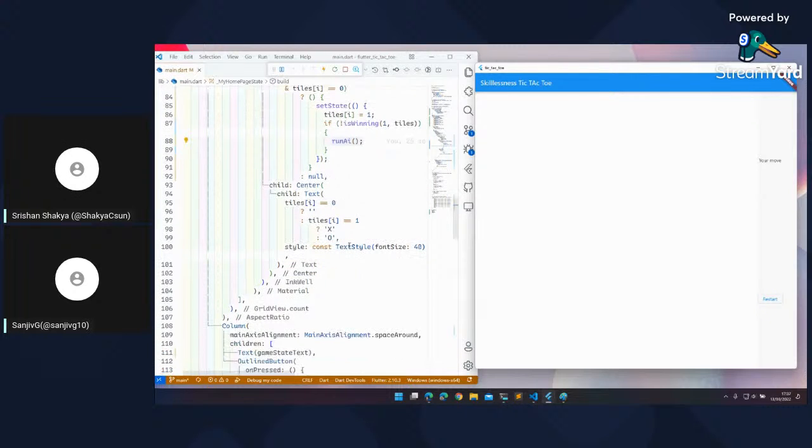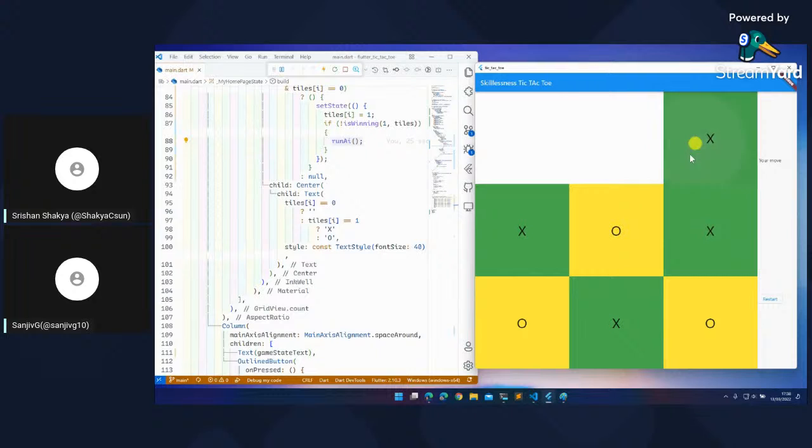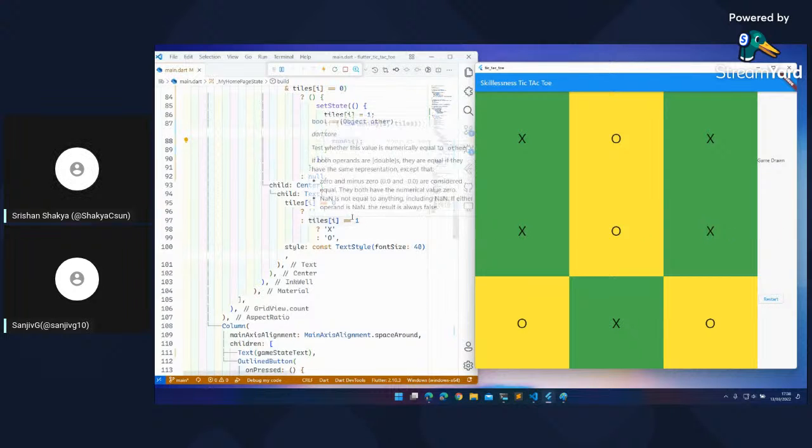Can you go with the draw game once? Yeah, I can try, but this AI is a little dumb, you know. It doesn't want to draw. Yeah, maybe. Yeah, yeah. This is a game drawn. And what do you think? Voila. Yeah, and the game is drawn, then you cannot do anything else after this.